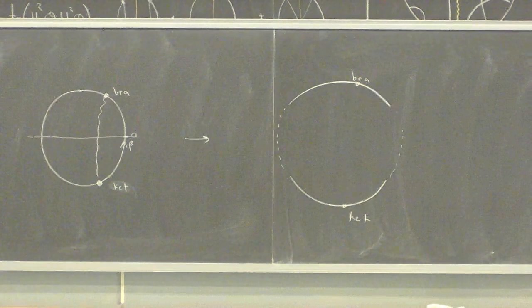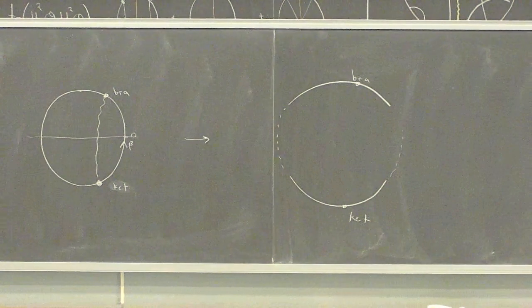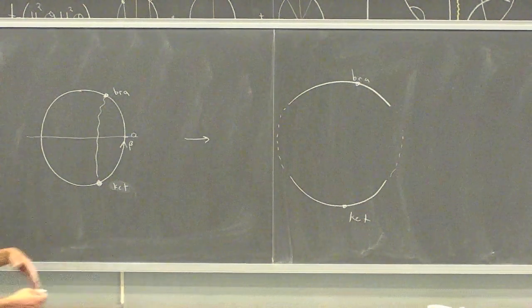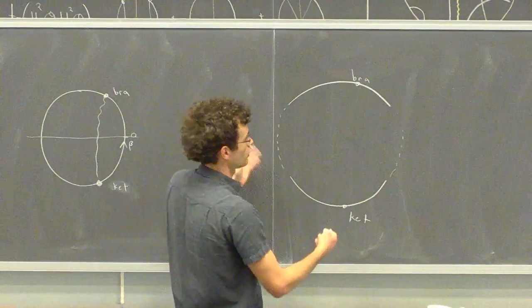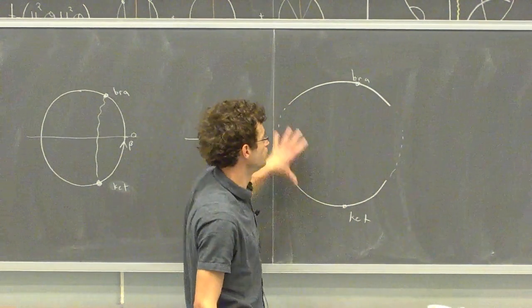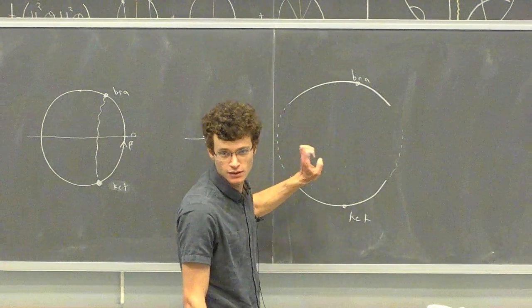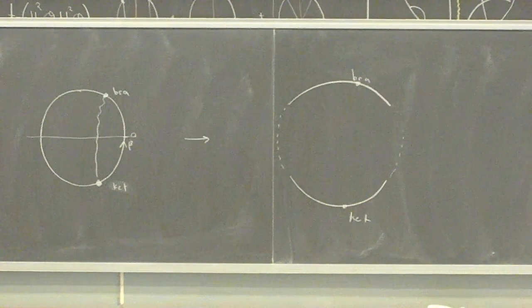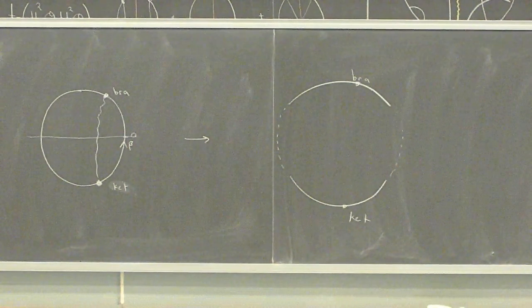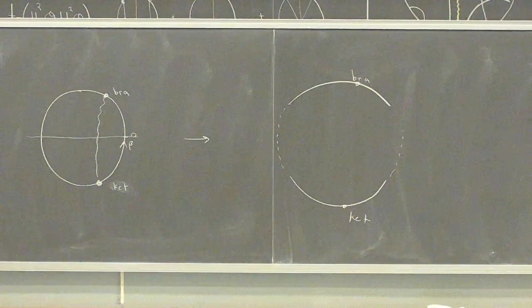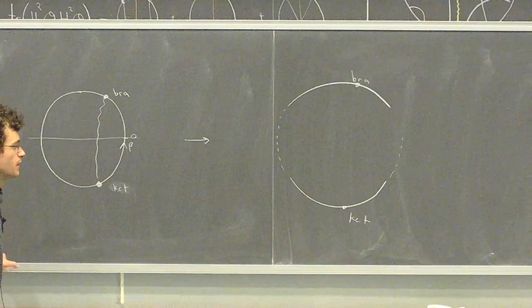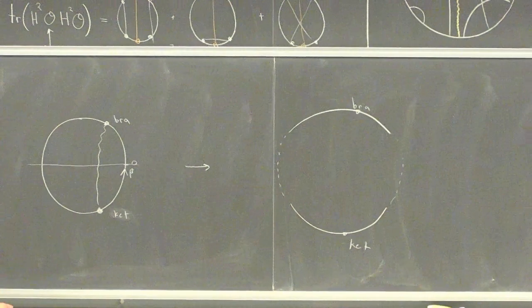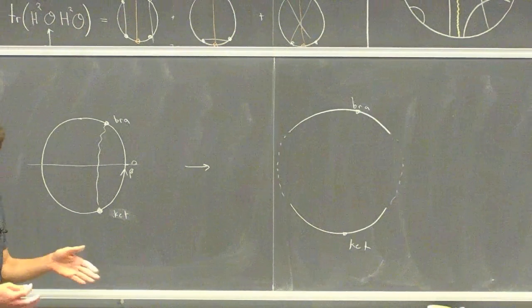And the claim is that the SL2R algebra associated to these operators in this limit is just realized as the ordinary SL2R algebra that we defined before on this big fake disk. So there's a big fake disk where these symmetry operators just act as ordinary SL2R transformations. And that explains both of the puzzles. Let me just sketch why it explains the puzzles. Let's start with the Lyapunov exponent puzzle.